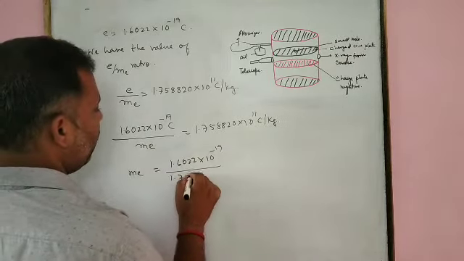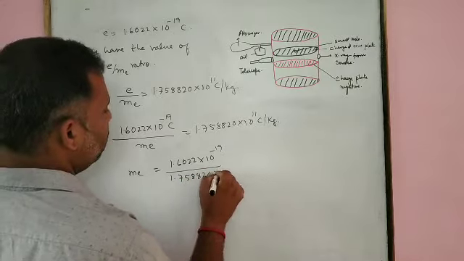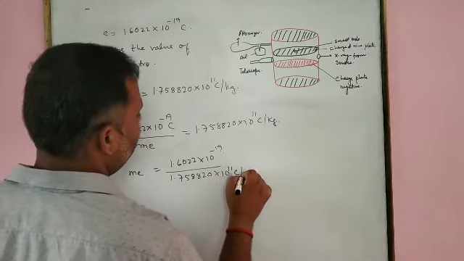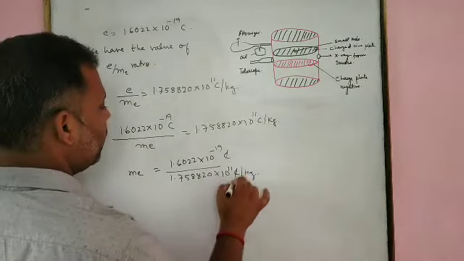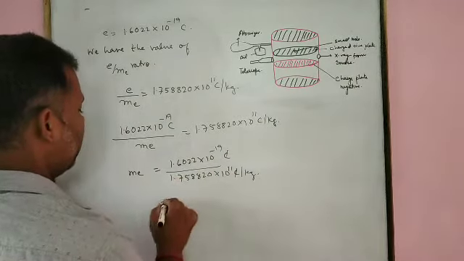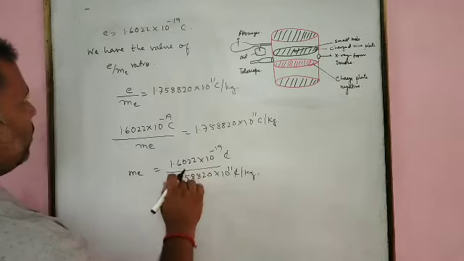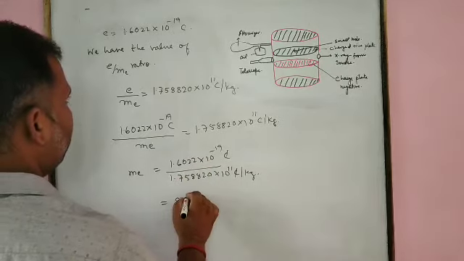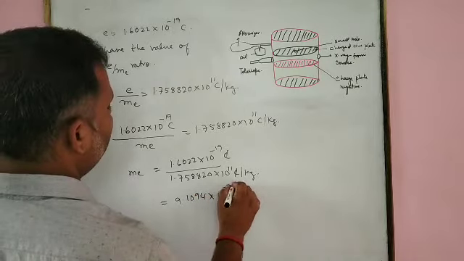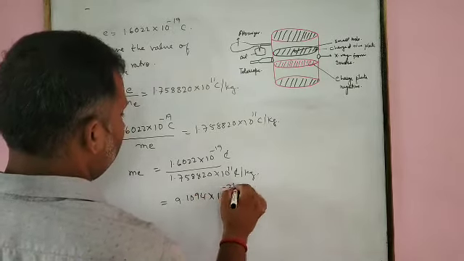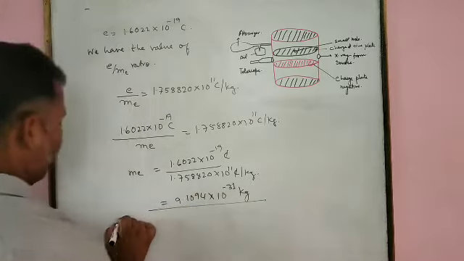1.758820 into 10 to the power 11 coulomb per kg. Here the one coulomb and coulomb cancel, so the equation goes upward, and we have 1 divided by 9.1094 into 10 to the power minus 31 kg. It means the mass of electron